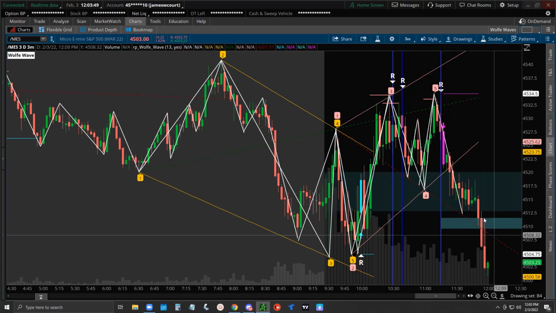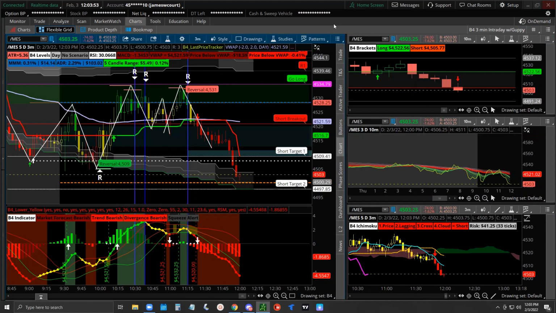Now, also, point counters. How much did we move? That's 33, almost 34 points. So where's the 40 point? 40 point is right here. So we're probably going to move there. We're probably going to test the 40 point zone.